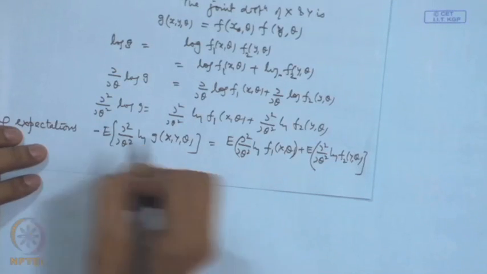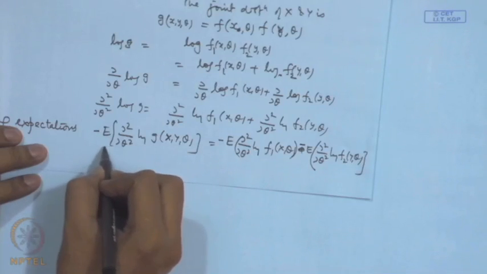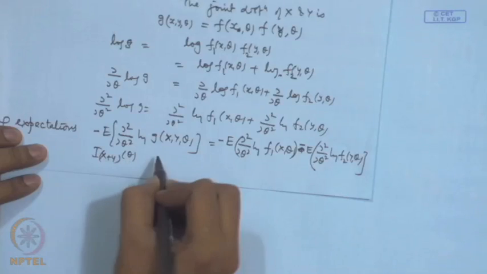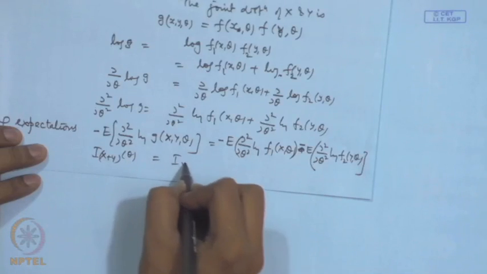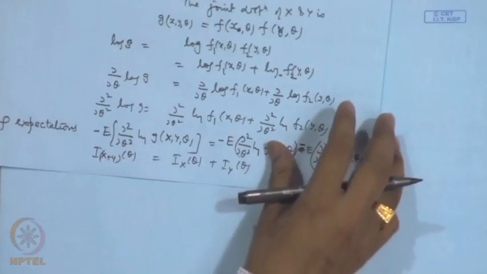If I put a minus sign on both sides, then this becomes information in X plus Y, this becomes information in X, and this is information in Y. So, we have proved that